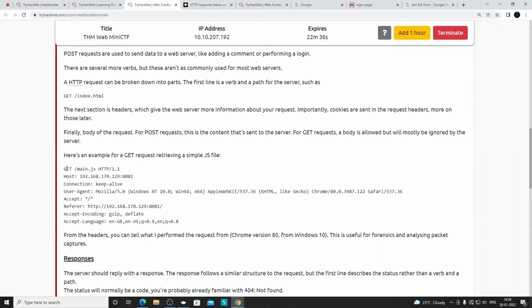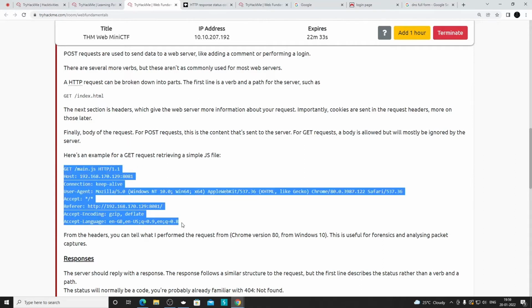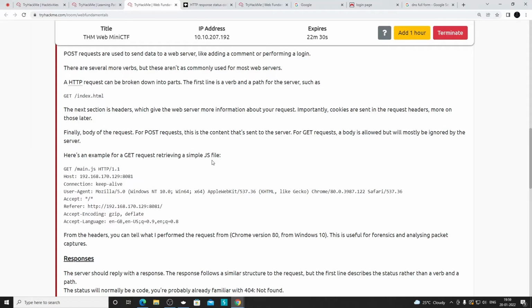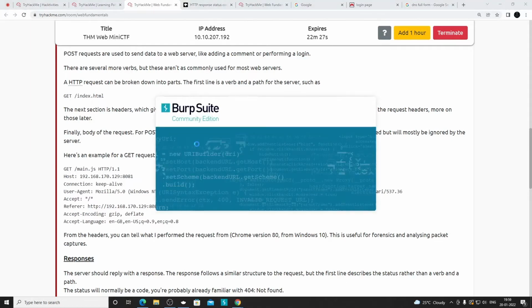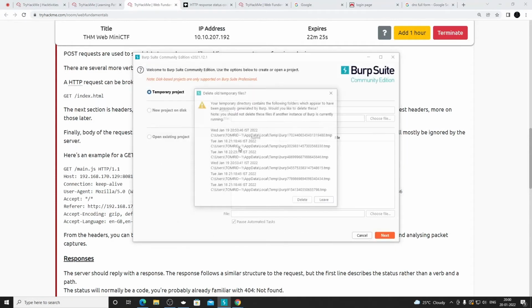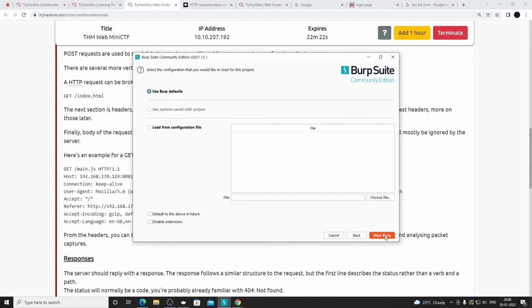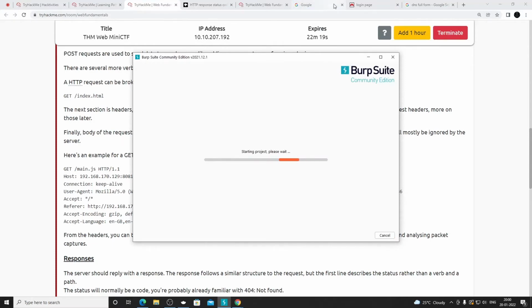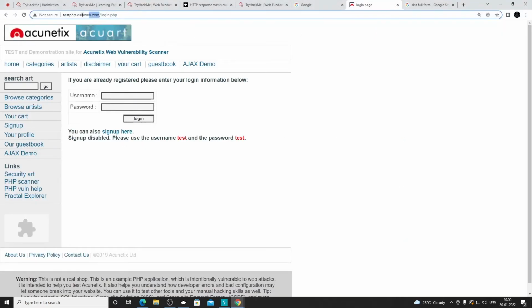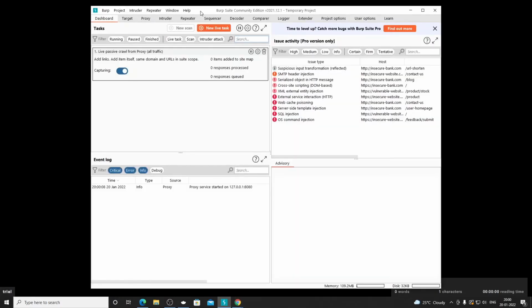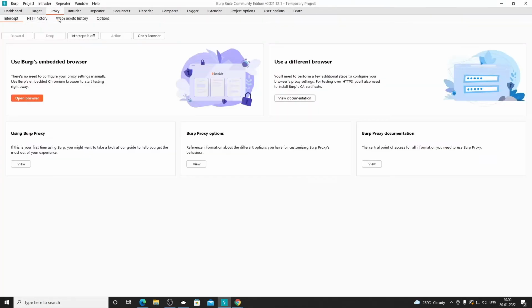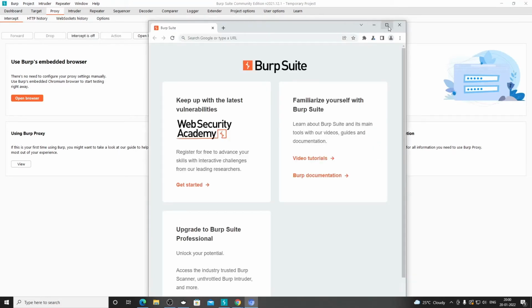When I say in the backend, you can see this kind of architecture when you intercept the request using Burp Suite. So I will do that quickly. I am opening my Burp Suite and I will show you how. We will continue with our temporary project only, and we will try to access this particular website, which is for testing only. Here we have our Burp Suite. If you go to Proxy and open our embedded browser only, we'll be going through Burp Suite in detail later on, once we are done with the HTTP basics first.